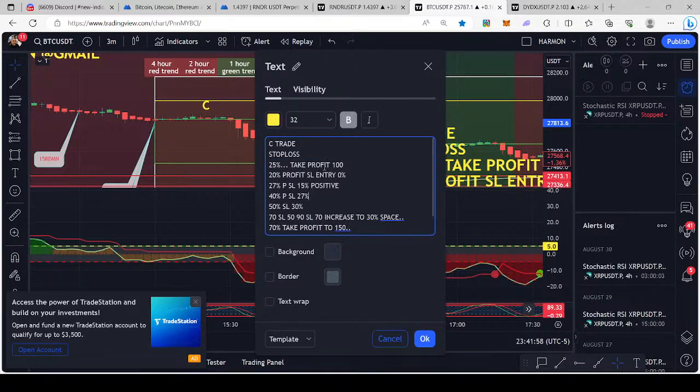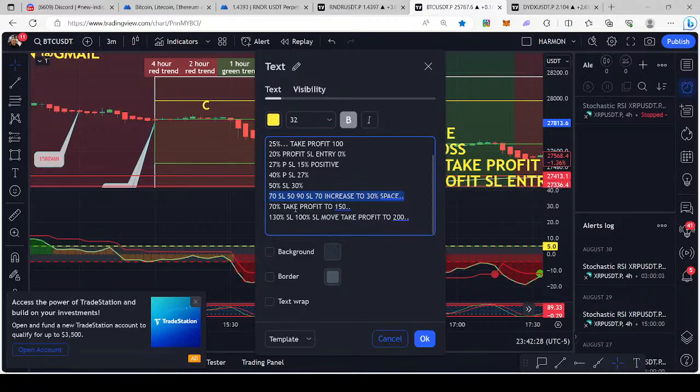Okay, 25%. 20% stop loss entry. When you get to 27% profit, you move your stop loss to 15% profit. When you get to 40% profit, you move your stop loss to 27% profit. When the coin reaches a 50% profit area, you move your stop loss to 30. When it reaches 70, you move it to 50. Then from there, 70% increase to 30% space, meaning that when it gets to